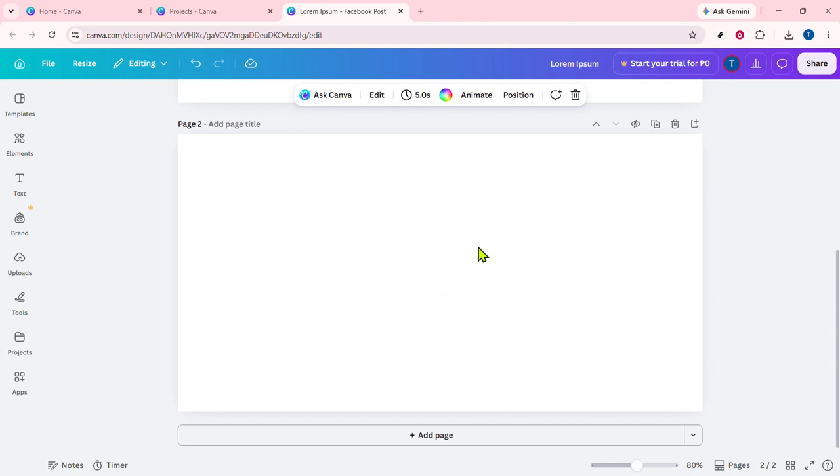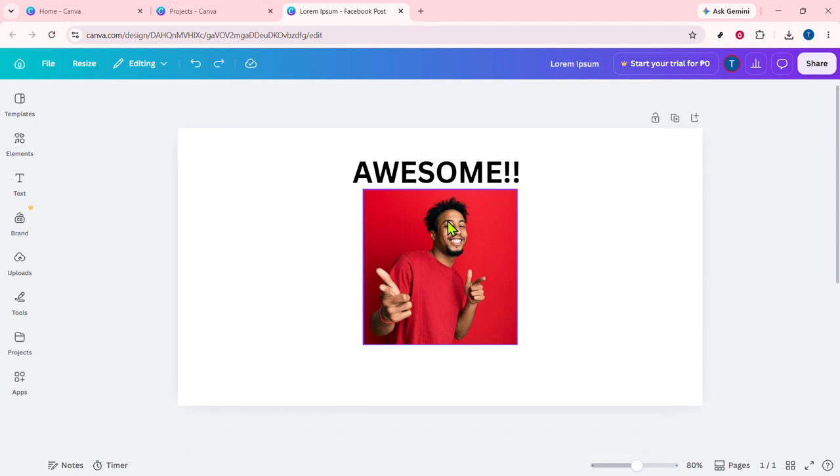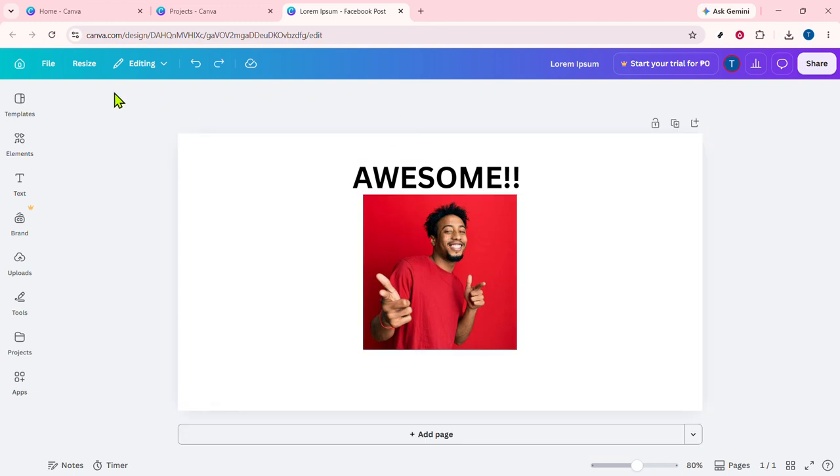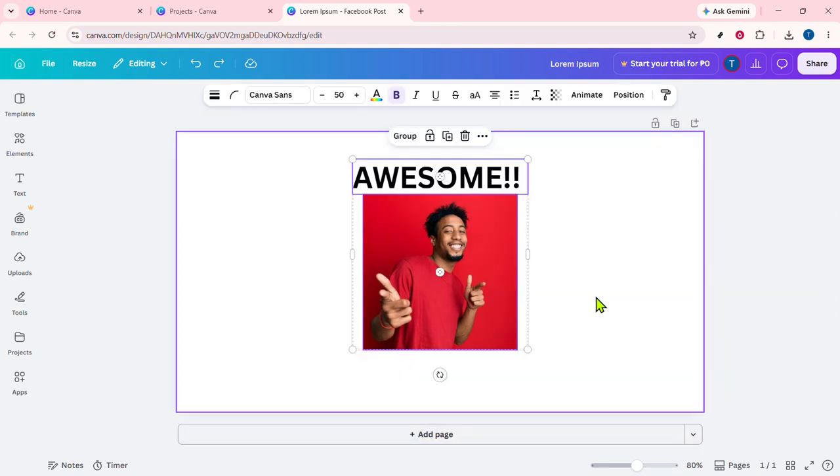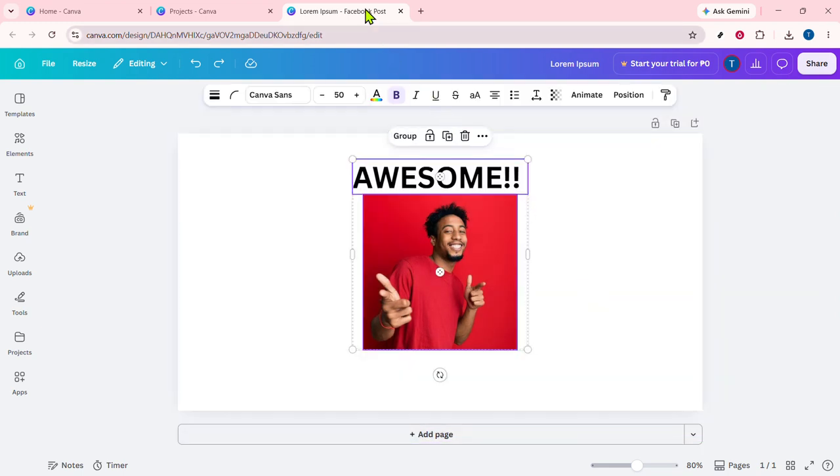Press Ctrl+Enter, and a new page will be added right away. Shortcuts like this can save time, especially when you're building longer designs with multiple pages. So, whether you click the Add Page button below the design, use the top right page controls, right-click and